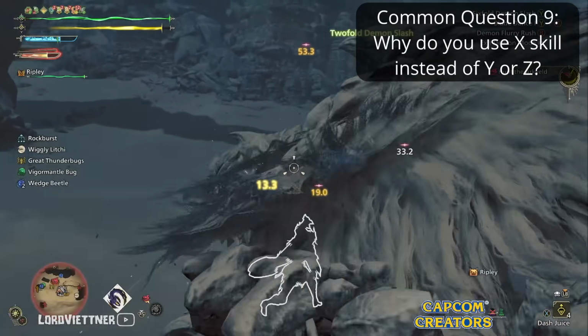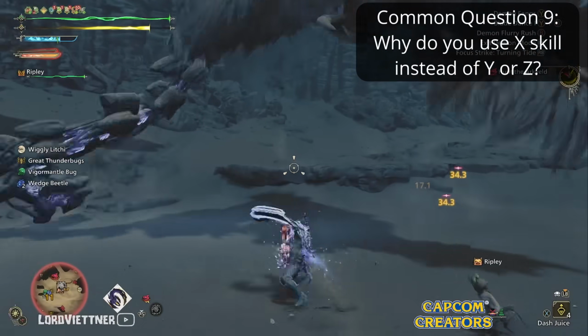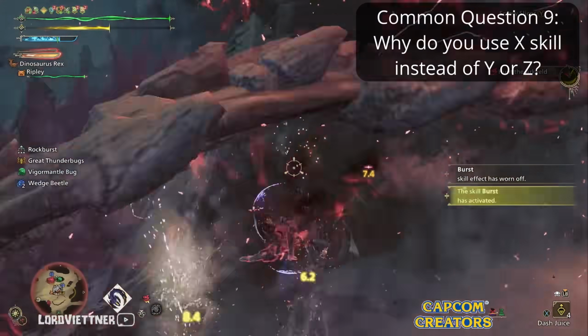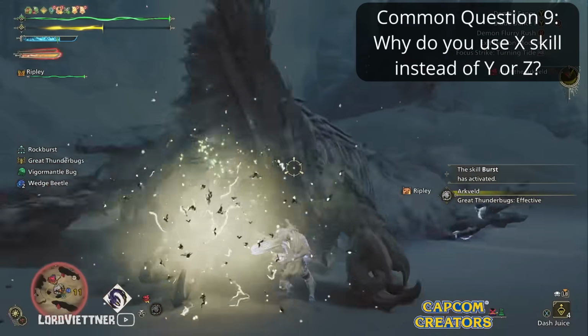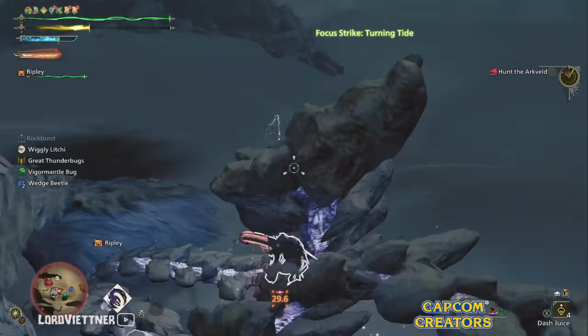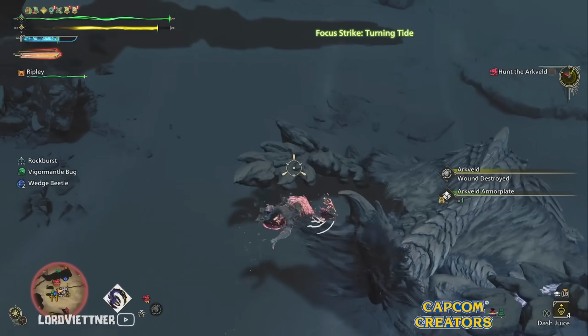Why are you using X skill instead of Y or Z? I explained why I used each skill already in the video. If I'm not using another skill, it's probably because I don't like it, or it's bugged, or whatever I have on is better. So with that whole spiel out of the way, that is it for the awesome status dual